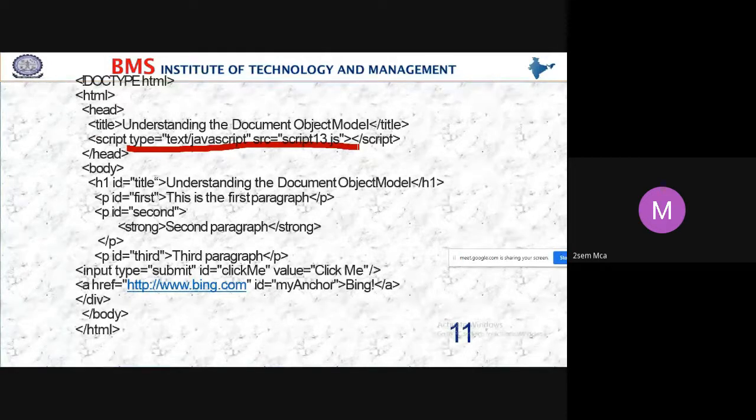Here we are using the second method to implement the JavaScript, that is the indirect way. Here I have not written a JavaScript code. In script13.js, in that file I have written the JavaScript code, and here in the script tag I am calling that. Yes, students, correct?